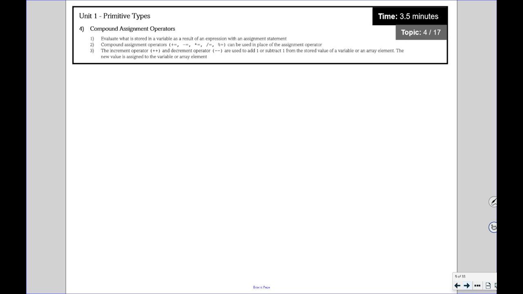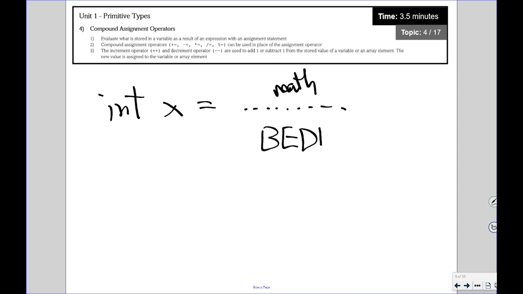Evaluate what is stored in a variable as a result of an expression with an assignment statement. That's again what we were just doing, right? Int x equals, and then it does a bunch of math here. It does some BEDMAS here for you to look at. So there might be brackets going on there, okay? There might be, as Cam pointed out, possibly some casting. I don't know, maybe. That could be going on in there. So let's write something like that. What if x equaled